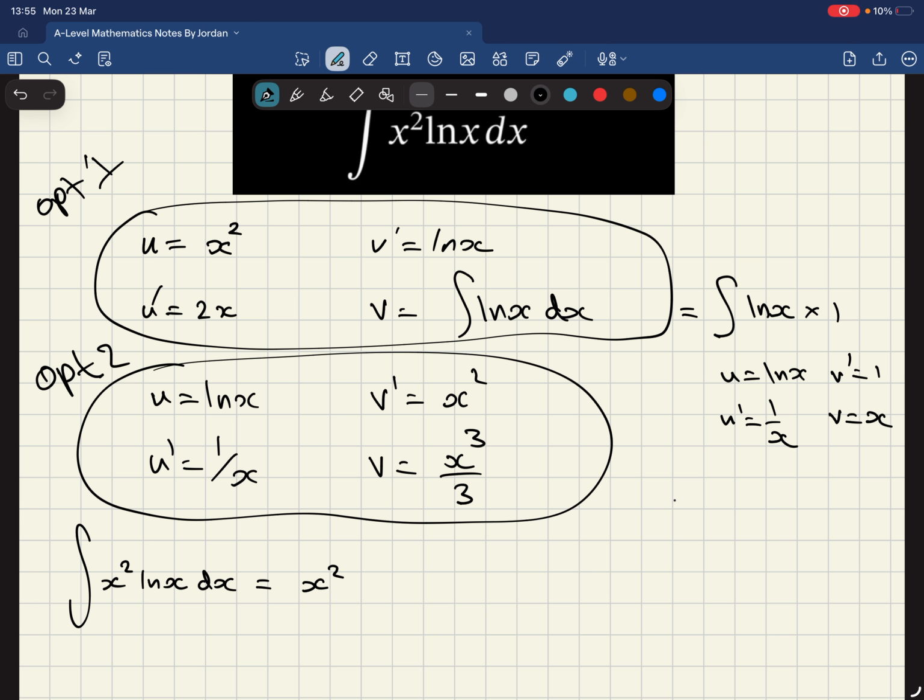This then goes to x ln x minus the integral of v u dash, which is these two times together. So x times 1 over x will just give you 1. And the integral of 1 is just x. And so that is the answer to v. So if I rewrite that here,